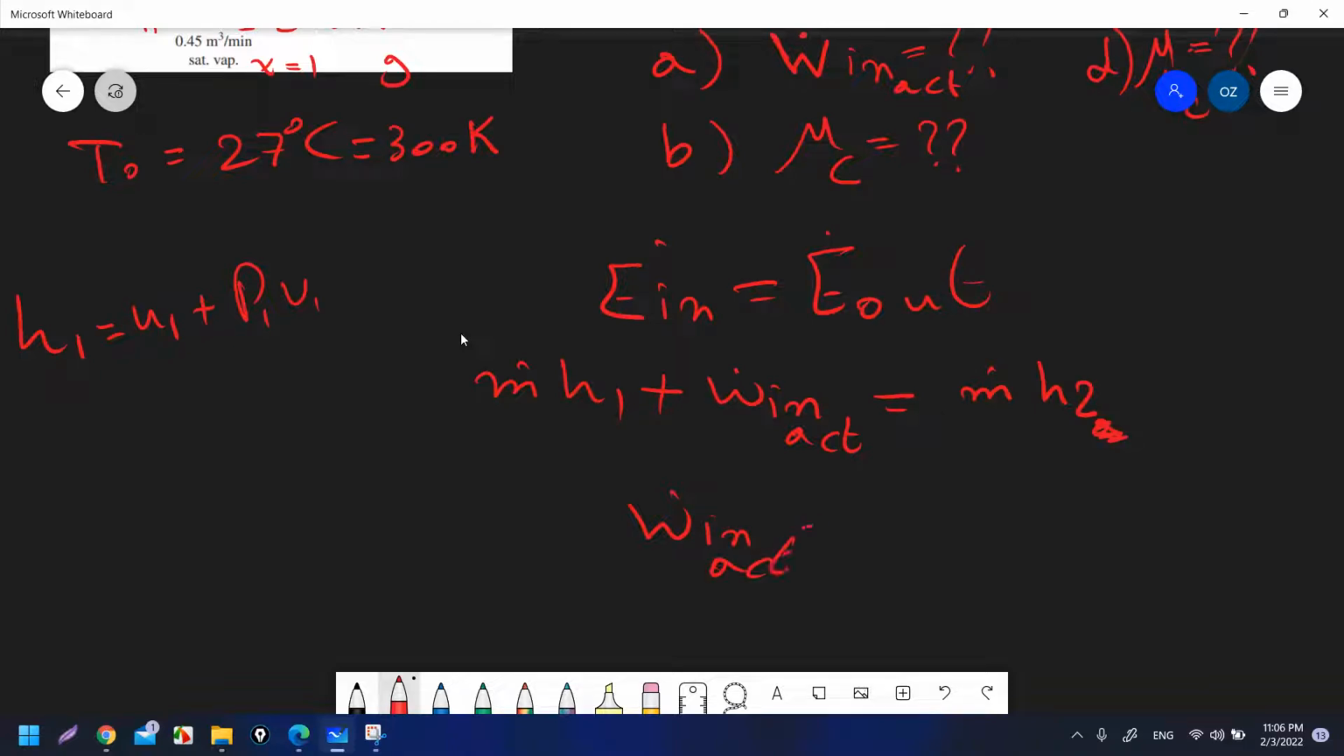Okay, m dot h2 minus h1. Okay, that is the work dot n actual, which will equal, from the energy balance, this equation. Okay, for the